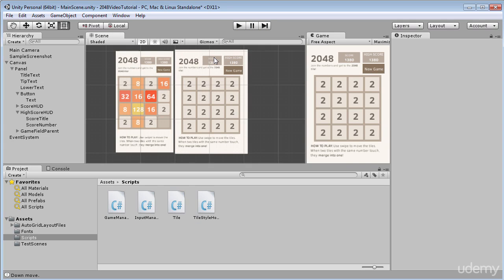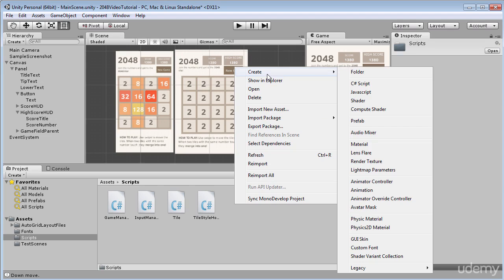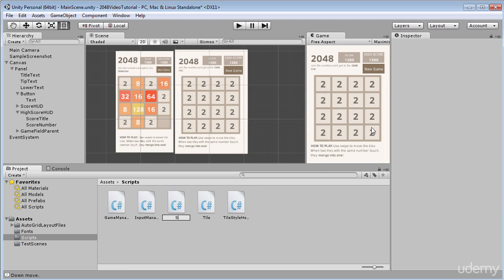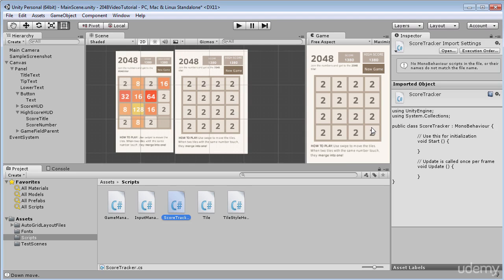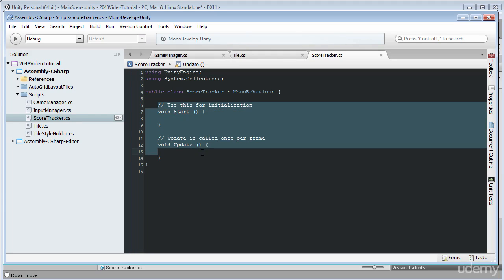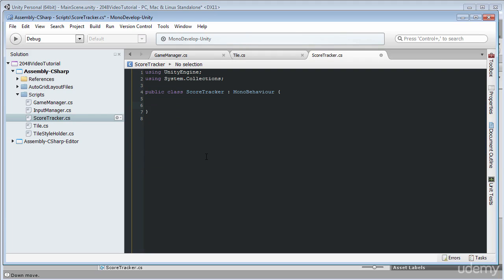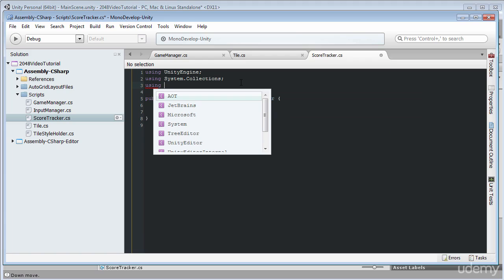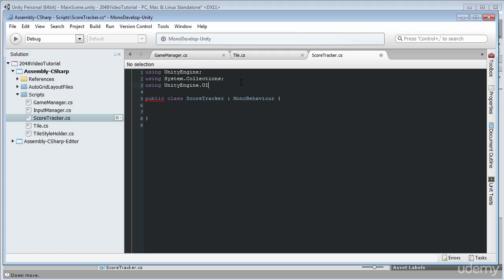And another thing that I have promised to do in this lecture, I would like to make our scores and high scores functional. So for this to happen, I will create a new C# script that will be called ScoreTracker. I will open it in MonoDevelop, and here in the ScoreTracker we have these start and update methods which we won't need, so I will delete them, and we will use some of the features of Unity UI. So I will write using UnityEngine.UI on top,